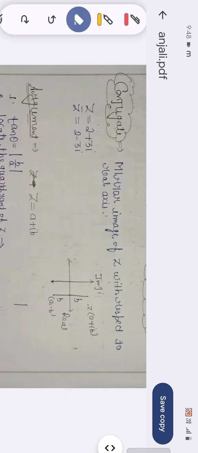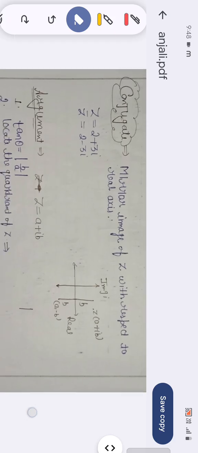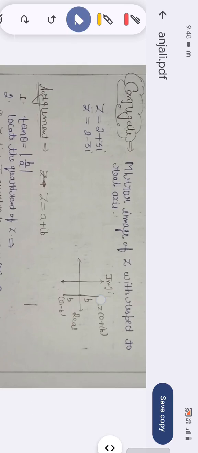The next is conjugate. Conjugate means, if you are given any point in a complex plane, the mirror image of the complex number with respect to the x-axis is called the conjugate. Suppose you are given a number in the complex plane z equal to a plus ib, and the image of this complex